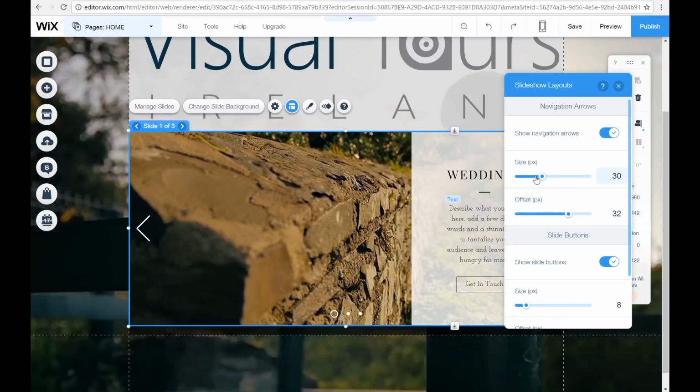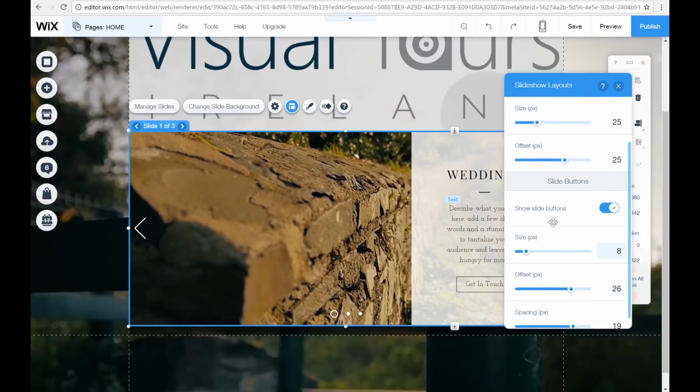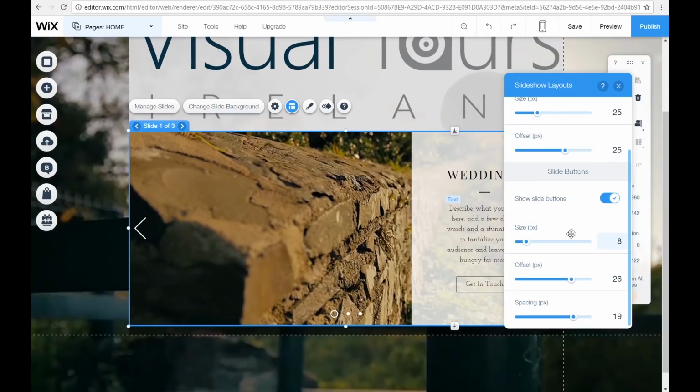So here we use the size to change the size of the arrows. We're going to go for 25 pixels. Offset is where exactly the arrows are on the slide. We're going to have that at 25 also. Show slide buttons, yes.